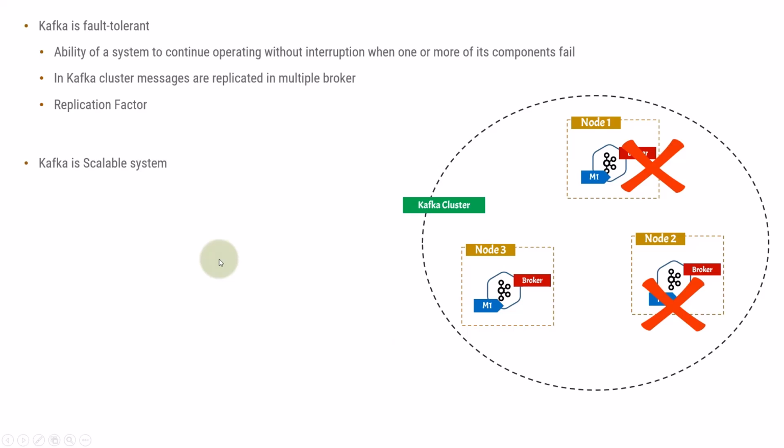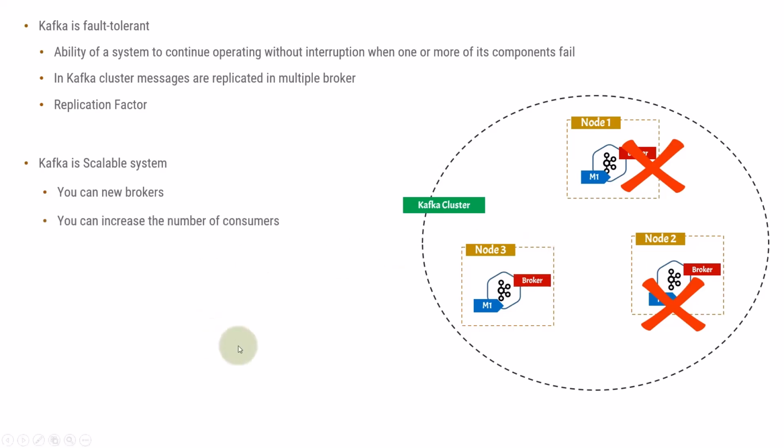You can scale the Kafka system based on the load requirement. Let's say today you have 1 million users, and your Kafka system is running fine. But let's say the number of users rises to 10 million or 50 million. Then also you can easily scale your Kafka cluster. That's why Kafka is called scalable. Now, how can you make this system scalable? You can add new brokers anytime. Let's say node 1, node 2, node 3 are there and the load increases. Then you can just add a new node and your system will become scalable.